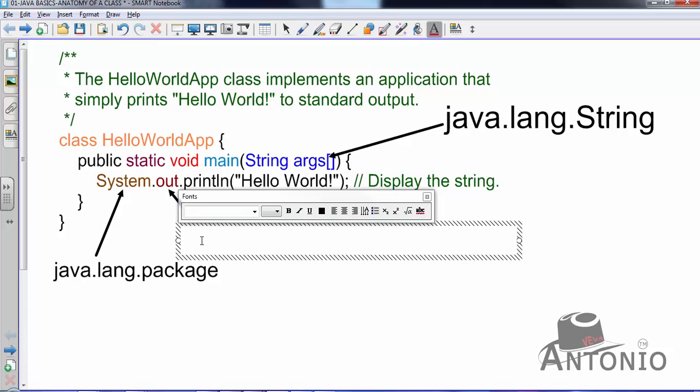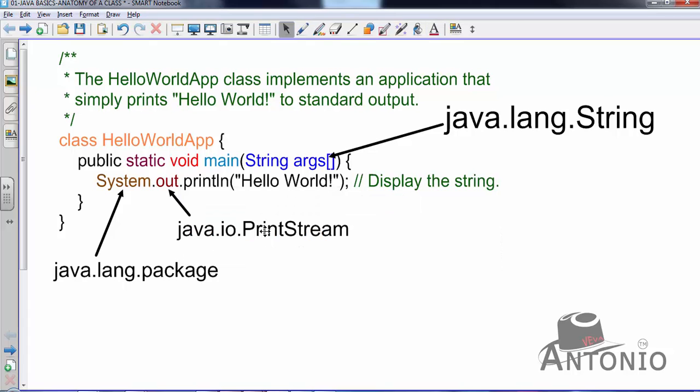Let me write it down. Yeah, that is correct. So out is a static member and is an instance of this java.io.PrintStream.